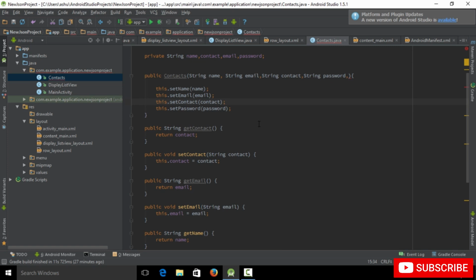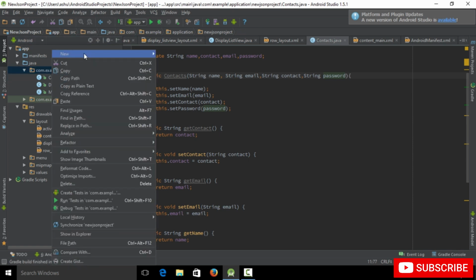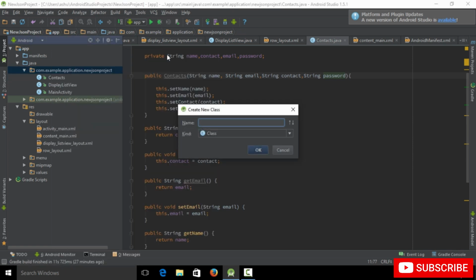So now once we are done with this, we actually need to create a custom adapter for the list view. So in order to set a custom adapter for basically populating the list view, we actually need to create another new class, and we actually need to name it custom adapter, and actually we have a comma here which we don't need, so simply remove this. And now let's go ahead and create a brand new class called custom adapter. So let's name this class as, let's say, contact adapter,